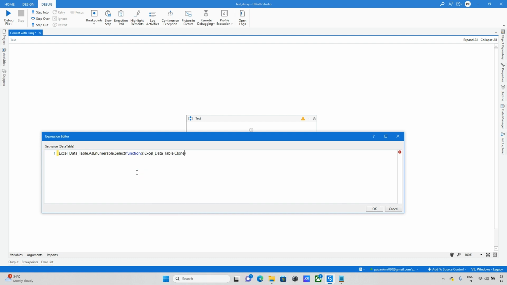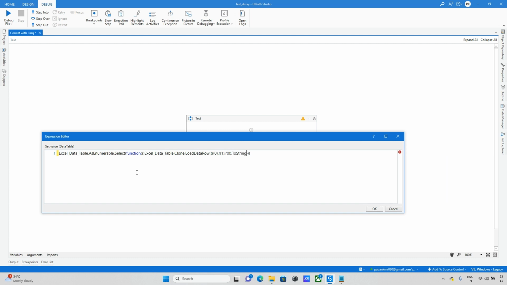Next we need to take ExcelDataTable.Clone. Why do we need clone? It will give only the headers. After that, .LoadDataRow, because here we are getting the rows one by one, so we need to load those data rows. Later we need to open and close brackets, and update the curly bracket as well. Since we have multiple columns, the index will start from 0: r(0), r(1), r(0)